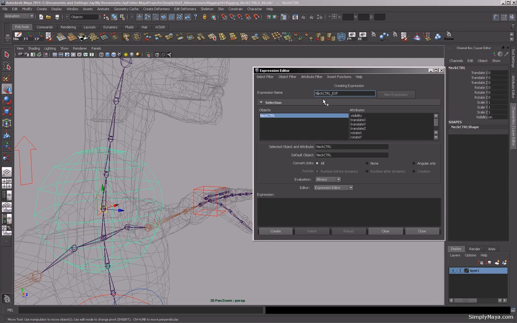Just make sure we've got a capital in there, good. So what we need to do now is put in the joint names with the rotational axis that we need to make it fit and connect with the control that we're about to put in. And we want to put equals, and then we need a 0 and a plus, and then we want to put in neck control CTRL,